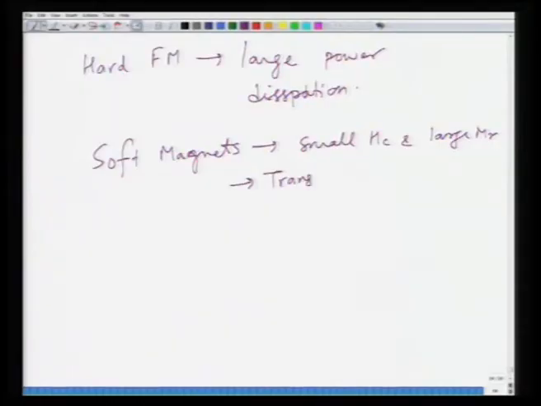As a result, they find applications in transformer cores and motor cores, where the energy dissipation due to AC fields is low, and hard magnets on the other hand